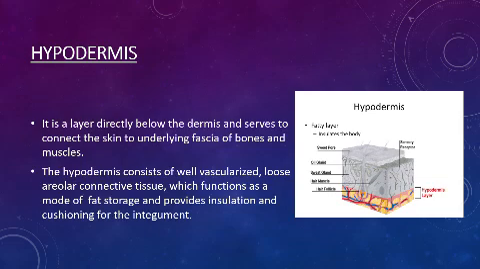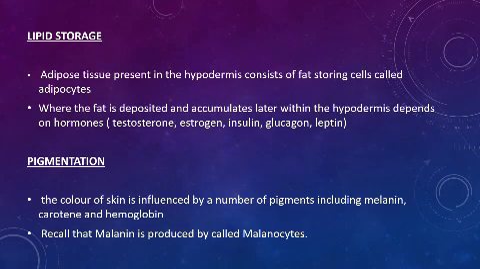The hypodermis consists of well vascularized loose areolar connective tissue, which functions as a mode of fat storage and provides insulation and cushioning for the integument. Hypodermis has lipid storage and pigmentation. The adipose tissue present in the hypodermis consists of fat storing cells called adipocytes. Where the fat is deposited and accumulates within the hypodermis depends on hormones like testosterone, estrogen, insulin, glucagon